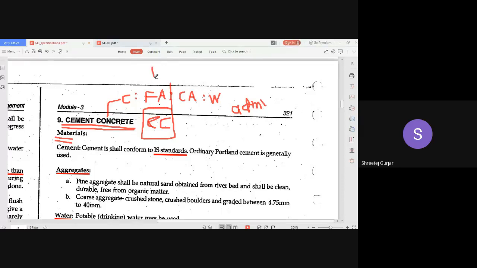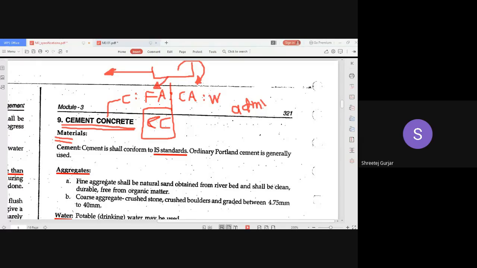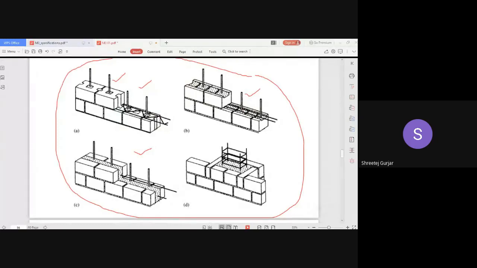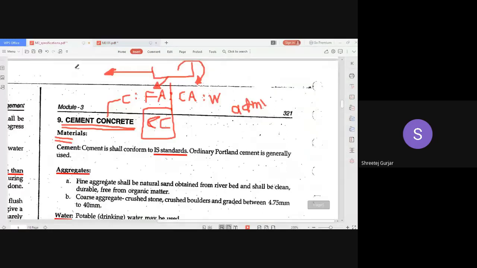You take a certain size of sieve, and if the aggregate passes, it is fine aggregate, and if it is retained, it is known as coarse aggregate. What is the size of this sieve? Passing will be fine, retained will be coarse. Do you recall? 4.75 mm. Correct, 4.75 mm is the size of sieve which you use, and 4.75 mm passing is known as fine aggregate, and retained is known as coarse aggregate.